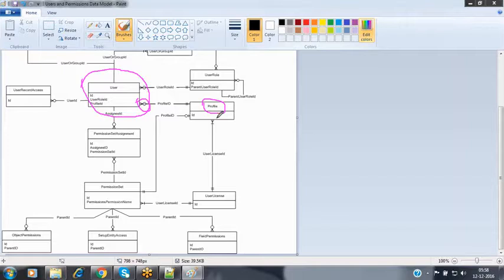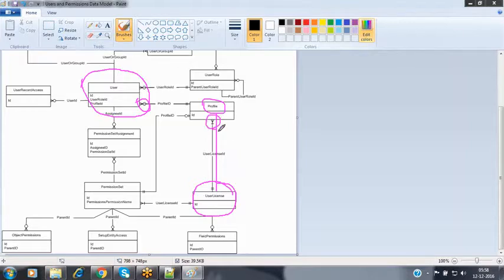Now this profile is associated with the user license. Every profile should be associated with one user license, but one user license will be associated with multiple profiles.